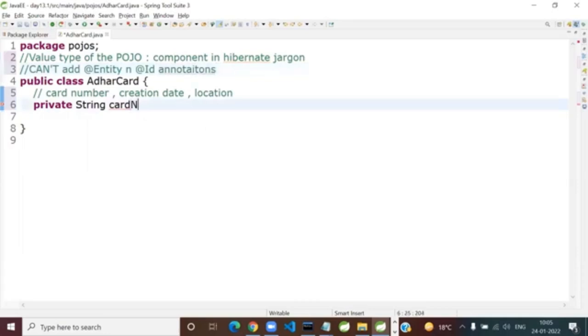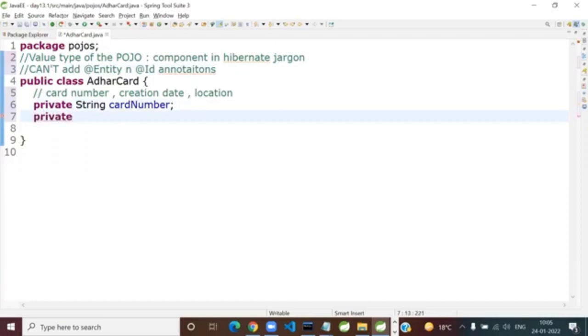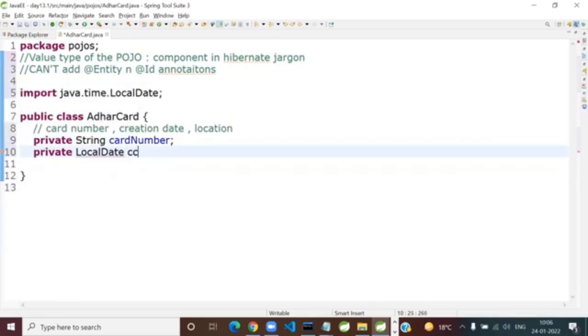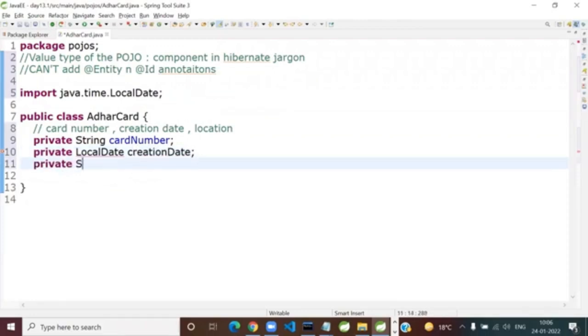Let's say I'll send you this card in a minute. Private creation date, so LocalDate. And the location where it was created.